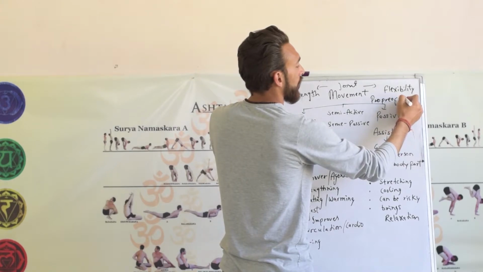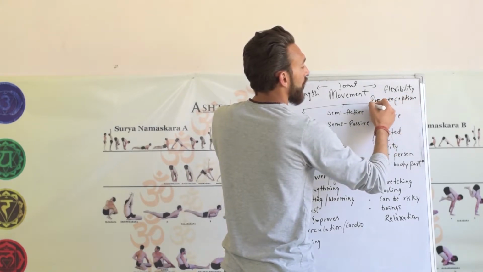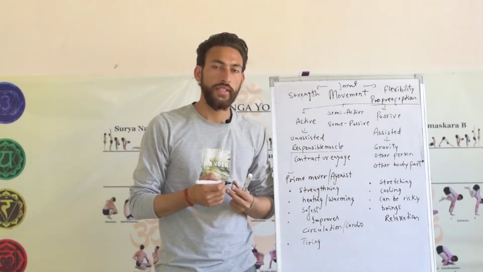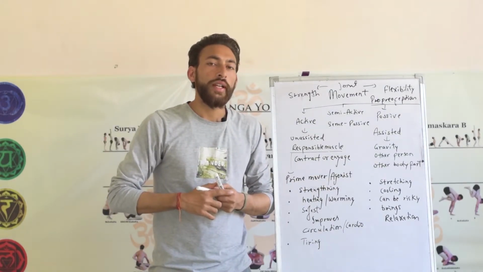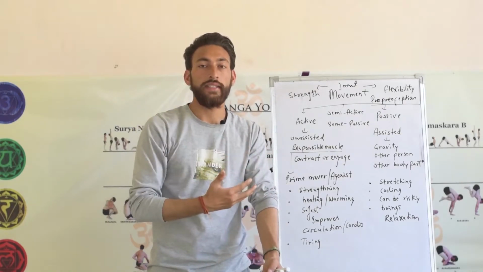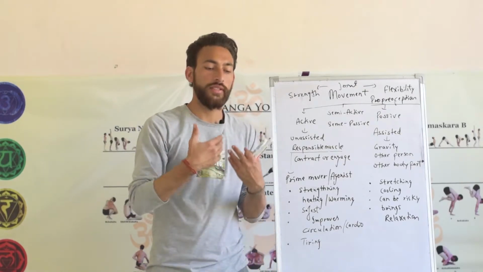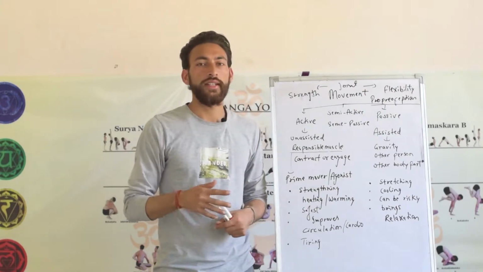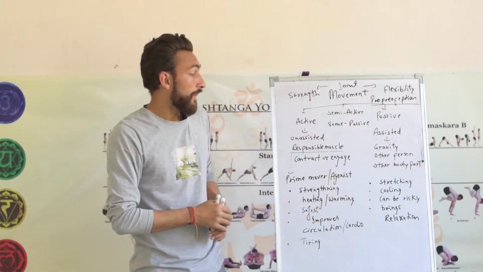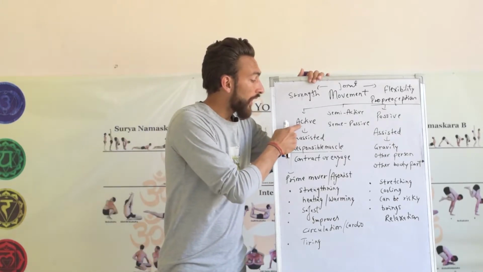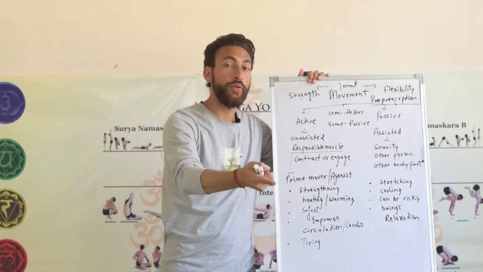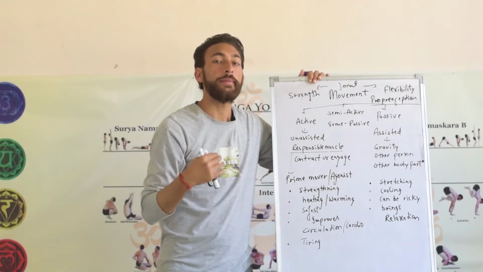Proprioception means perception of joints to move, meaning how much and how a joint should move. It's only your body, your muscles, your joints, your nervous system, your mind that can decide that for you. Something else which is outside the body cannot decide how you should be moving and how you can move. So that is what I mean: when you are moving actively, you are not letting any other or additional force come and help you.